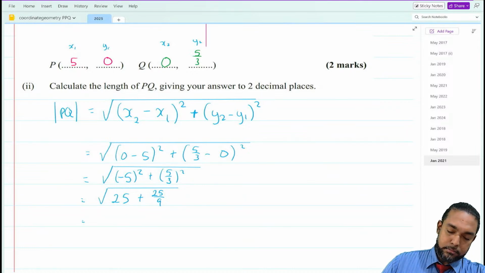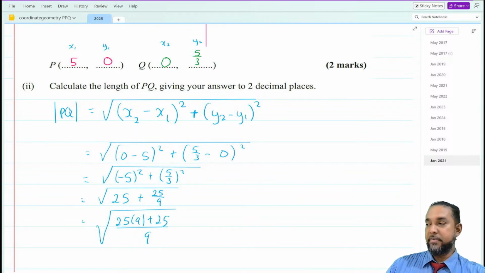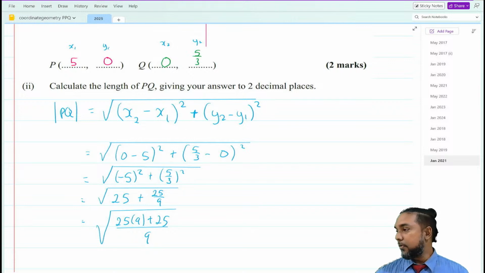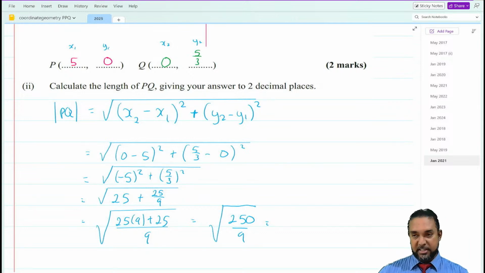Right. When we add those together, right, 9 by 25 is 225. Maybe I should show more work in there, right? Plus 25. Well, look at that. That just gives us 25 by 9 and then plus 25. 5.27. All right, let's check it out. All right, so that's the root of 250 over 9. Right, you can just plug that into your calculator.